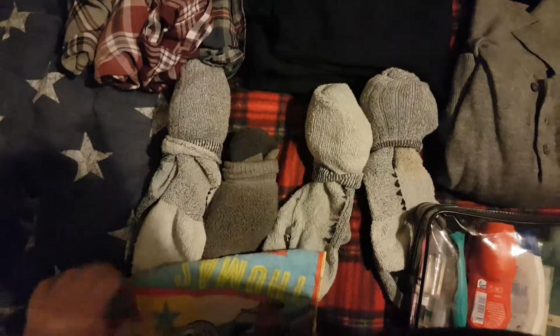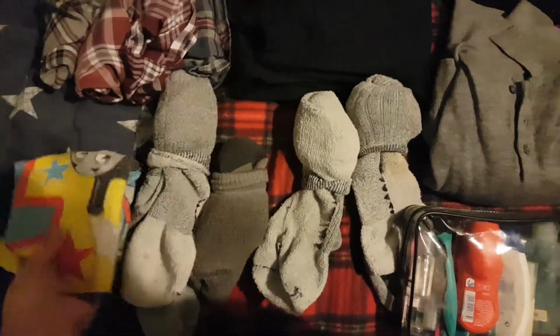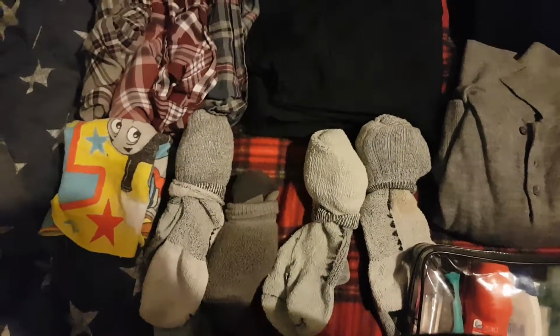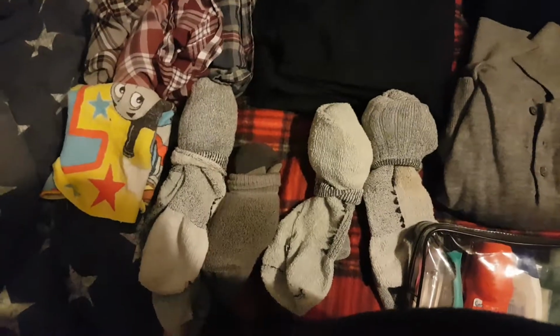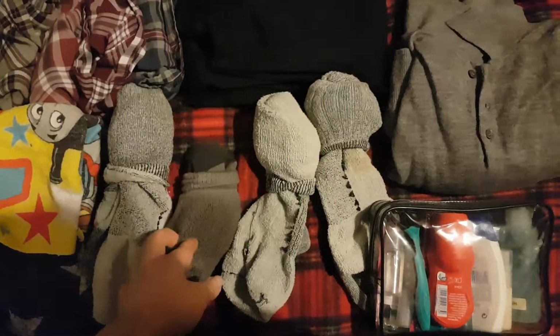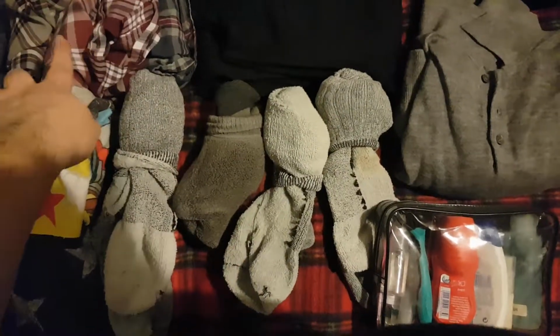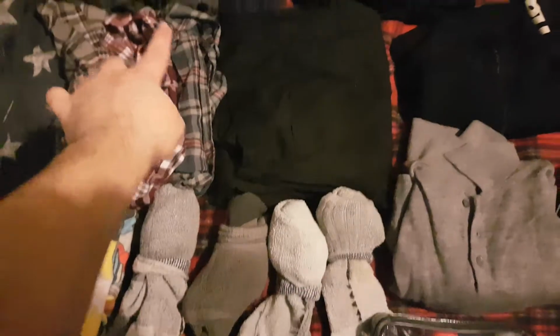This was in his Christmas stocking a couple years ago, and we just use it for travel because it's thin so it dries quickly, and then I figure if we accidentally leave it behind someplace, it's not that big of a deal because it cost me £1. And it's just a gag gift, so it kind of makes him laugh when he uses it, so I'm all for laughing. Next, he's got 4 pairs of thermal socks and 4 pairs of boxers, a pair of thin thermals, a